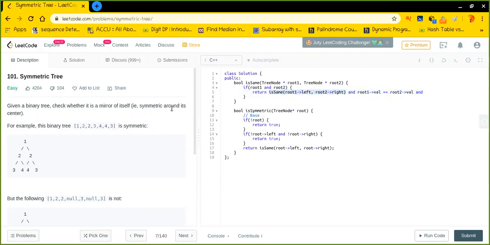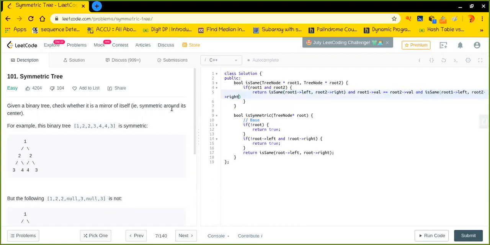Now, I'll go on and explore or propagate the left part of the tree which is rooted at root 2 and the right part of the tree which is rooted at root 1. I hope it is pretty clear to you now. If you have any such doubt, guys, you can simply comment below. Okay, I will be happy to answer all of your doubts regarding this particular question or any such question in the channel. All right, so I hope it is pretty clear now.